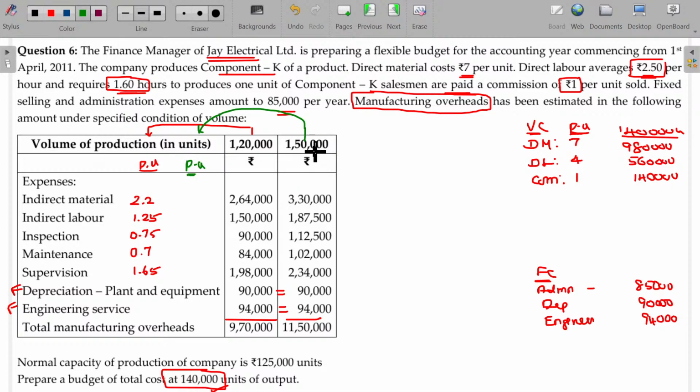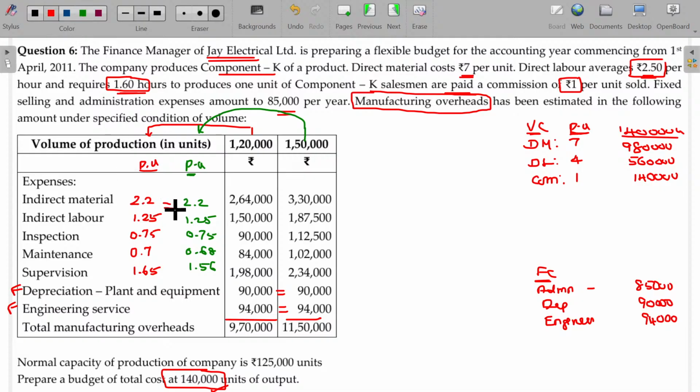330 divided by 150, 2.2. And 187,500 divided by 150,000, 1.25. And 112,500 divided by 150,000, 0.75. And 102,000 divided by 150,000, 0.68. And 234,000 divided by 150,000, 1.56. So you know that in case of variable cost,